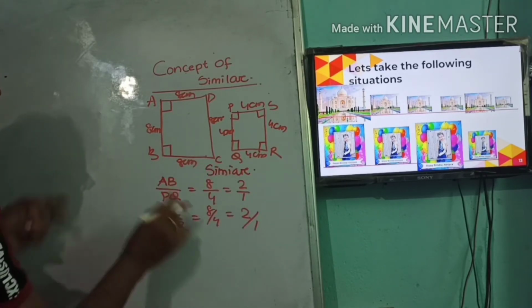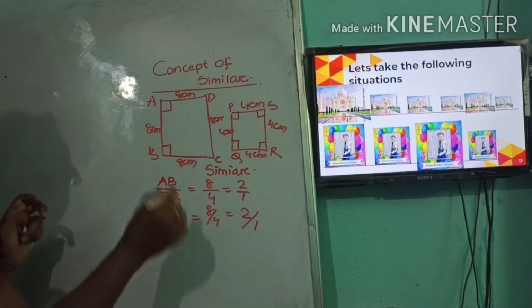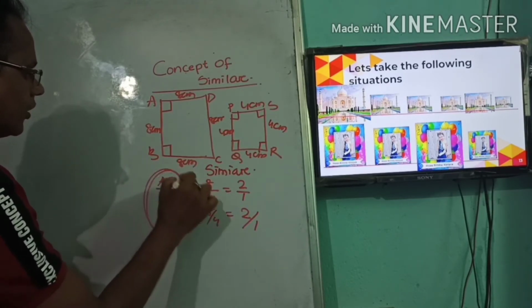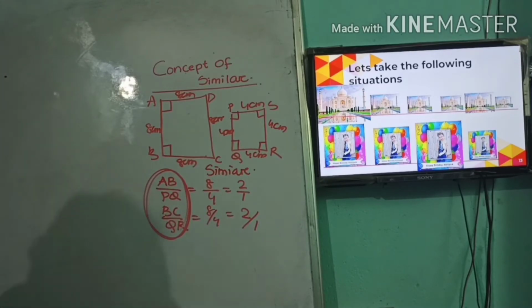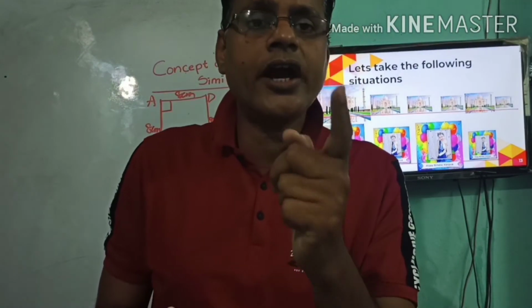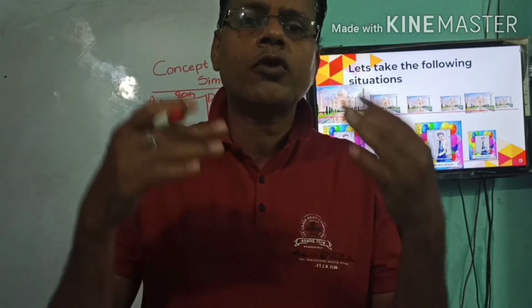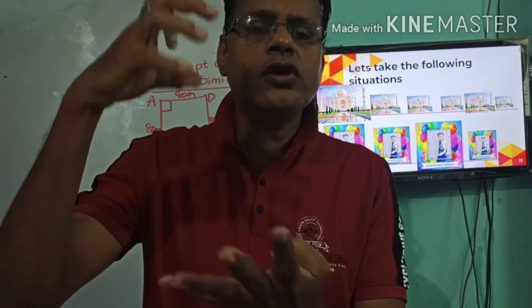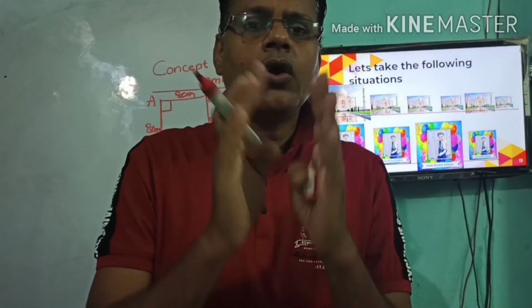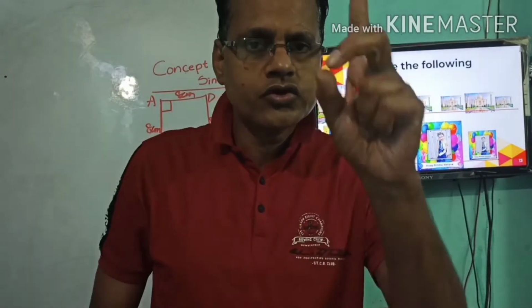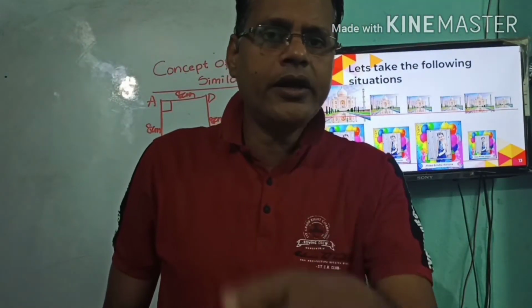Suppose I take it in this way. If you take all, you see that the ratios of the sides come out the same. This ratio of sides is called proportional. Is that clear? When the ratios of the sides come out the same, then we may call the sides proportional. So keep two things in mind.